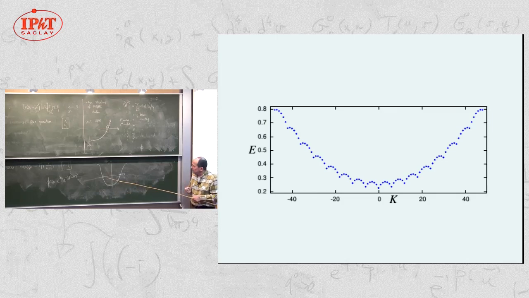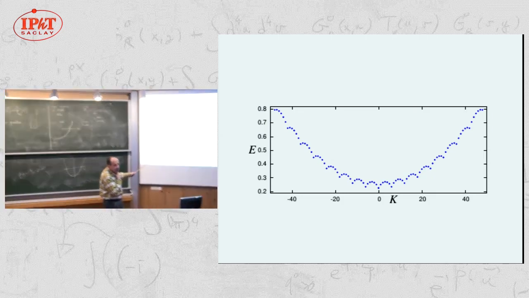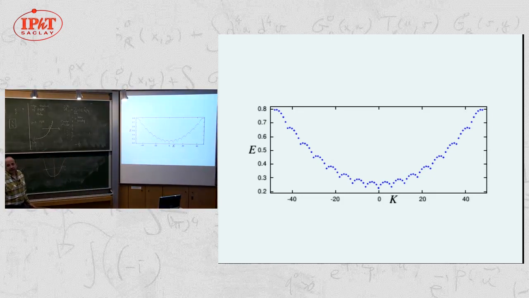There will be, of course, something new, since now you have two edges: at some point I can take an electron from one side and put it on the other side. It costs me a lot of momentum, 2 kF, but a negligible energy. So at some point these excitations will not be the lowest possible energy. It will become better to cross completely the Fermi sea and go from one side to the other. But that's exactly what we see here. Spanning from 0, you see that there are the left and right moving single particle-hole excitations.